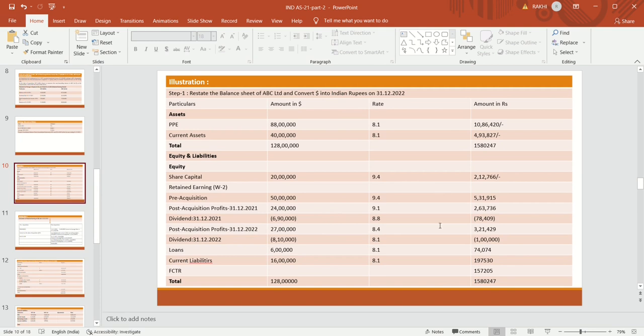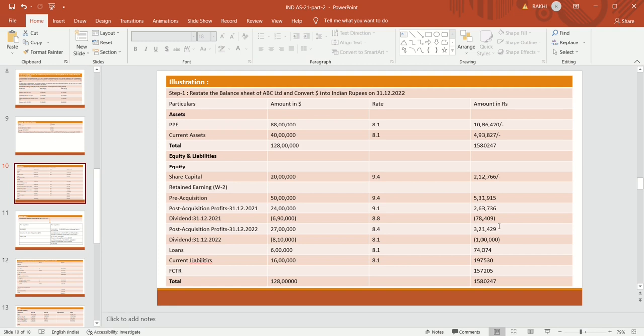Dividend is to be reduced, that is 78,409. Then next year's 22 profit is 27 lakhs, which is to be converted at average rate. Then we will get 3,21,429 and dividend on that year it will be 8,10,000, which is to be converted at closing rate to get